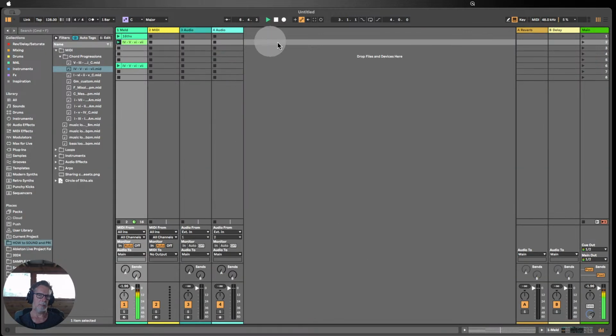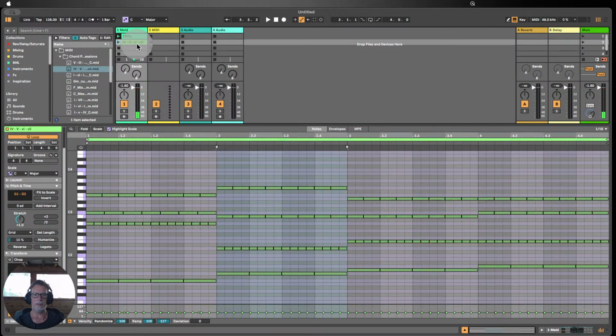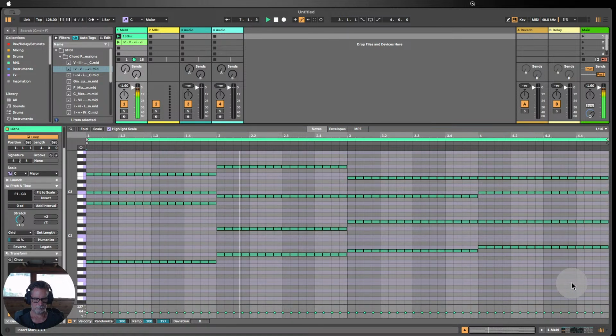So let's take it up another notch. We've got our basic 16ths here. That's just the chop, that's all that is. Similarly here, just the chops. But we've got some polymeters going on in those chops, right? But if we go back up to the 16ths, and we select everything,